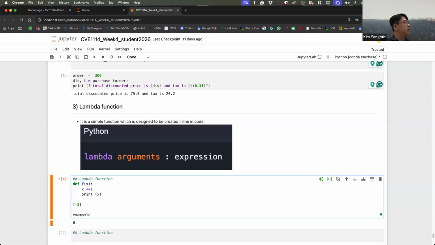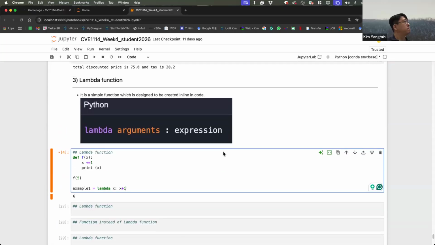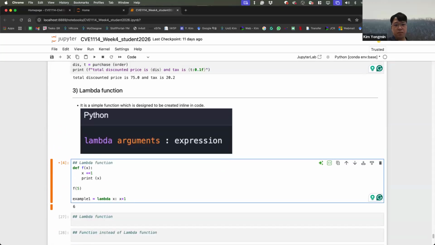Example 1. Lambda x colon x plus 1. An argument is a kind of variable. It is the value you pass into a function when you call it.